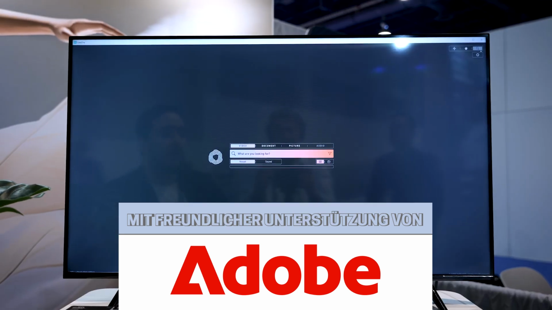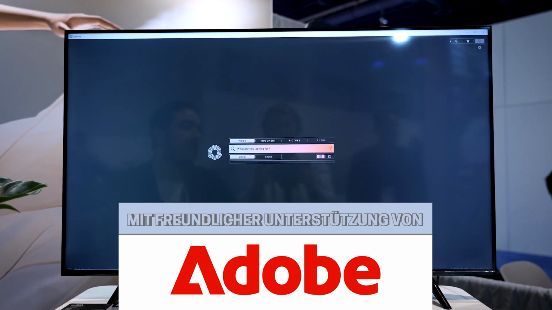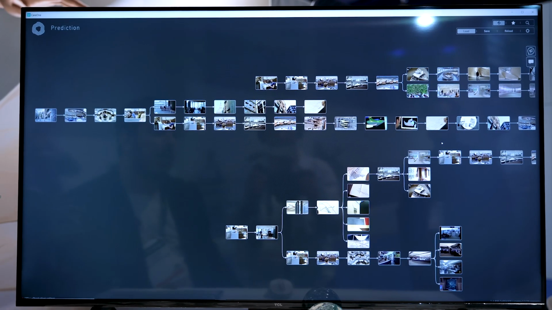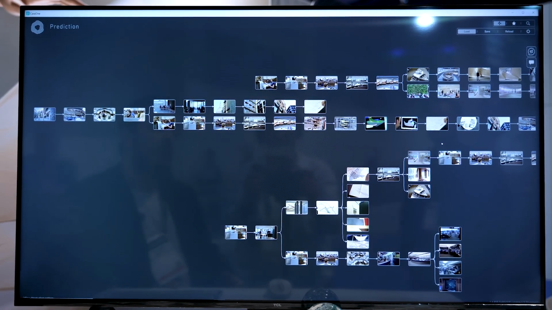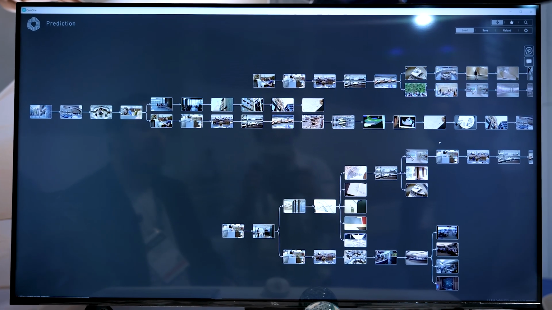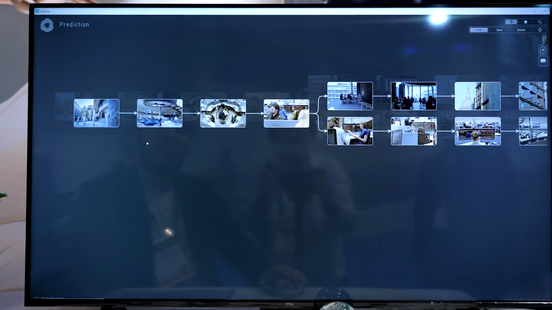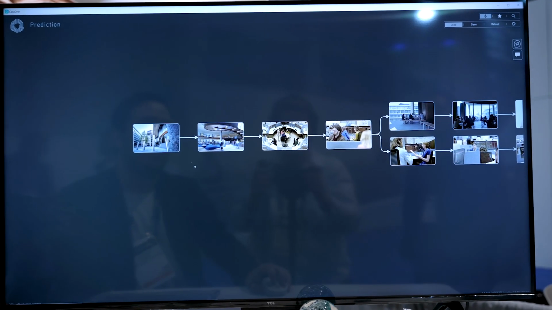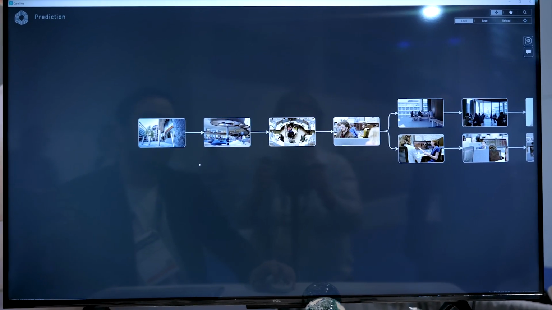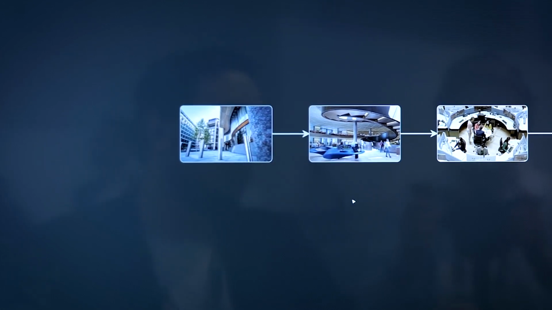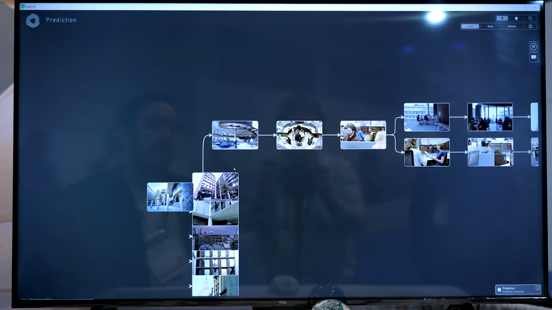Our newest features come in this tab in the top right, where we have our prediction story workspace. Basically, you have the ability to ask our AI to propose clips for the editor. Here we have some clips from architecture. We have the outside of the Bloomberg building. We can press the predict next button, and the AI will come up